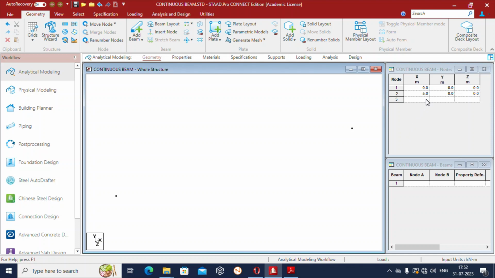Now the third node is at a distance of 11 meter from the first node. So we will click enter and the third node is created, and the last node is created at a distance of 15 meter from the first node. So here you can see the four different nodes have been